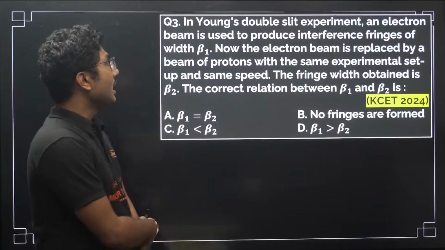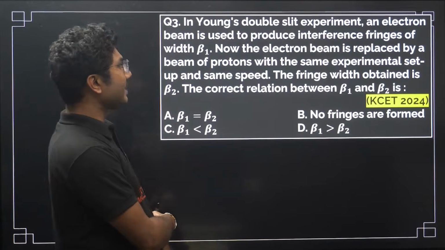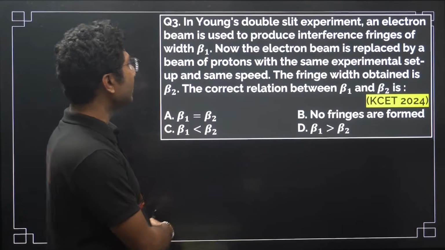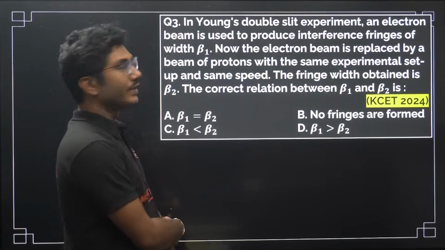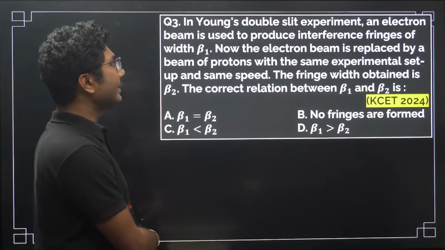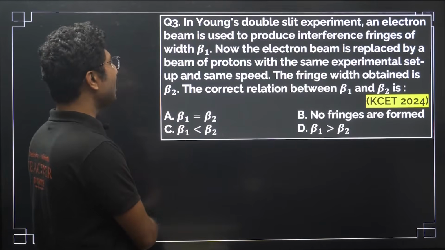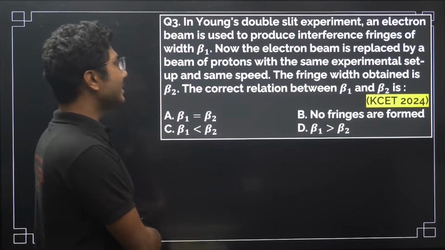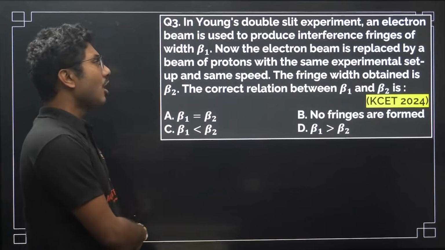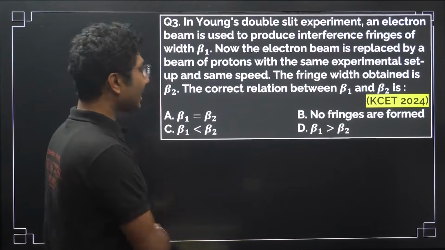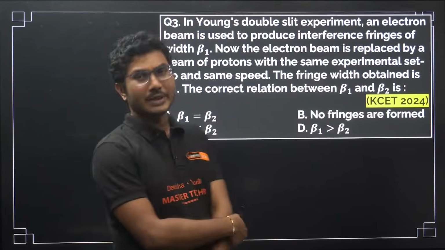Next question. In Young's double slit experiment, an electron beam is used to produce interference fringes of width beta 1. Now the electron beam is replaced by a beam of protons with the same experimental setup and the same speed. The fringe width obtained is beta 2. What is the correct relation between beta 1 and beta 2? Now this question is